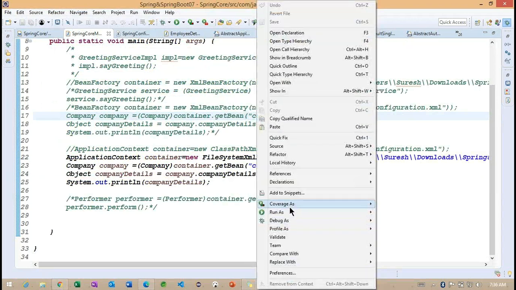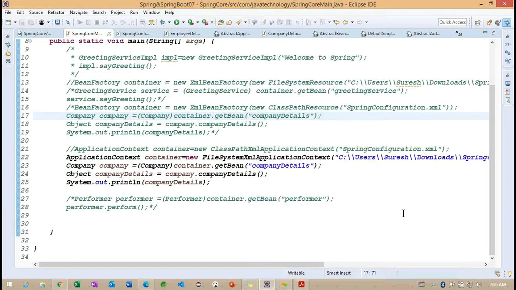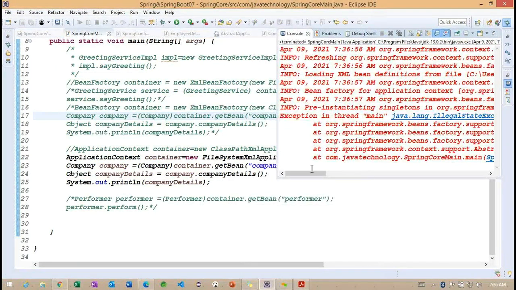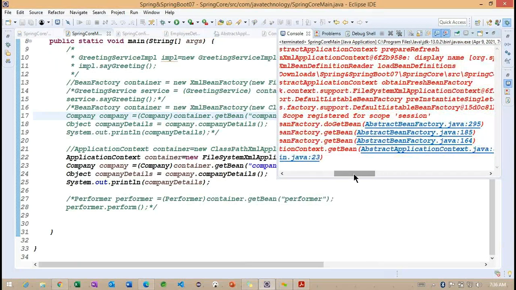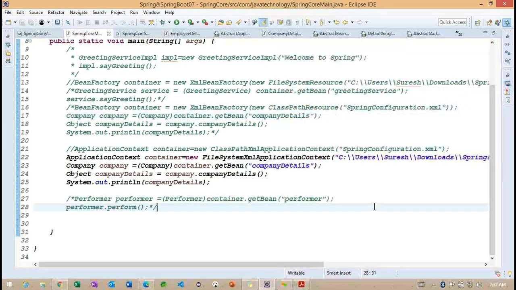Now you can observe, if I run the session scope also, you can expect that no scope is registered for this particular session. Getting the point? So these two are not going to work in our simple core module here. Getting the point? So this is the information I wanted to share, and later, if we don't have anything else, we will try to move on to the next topic.